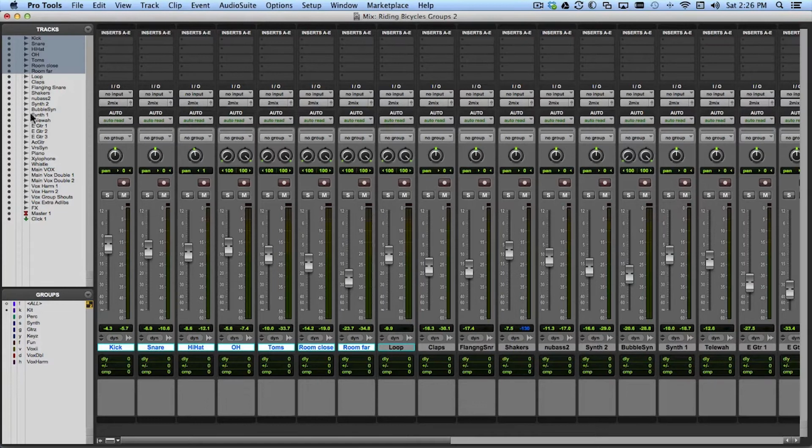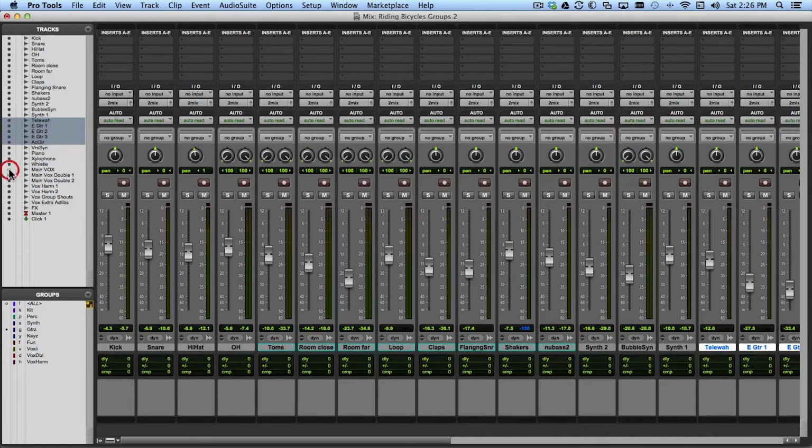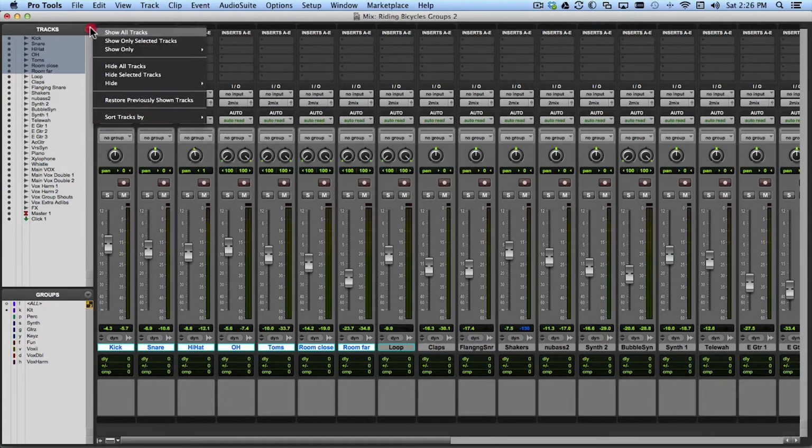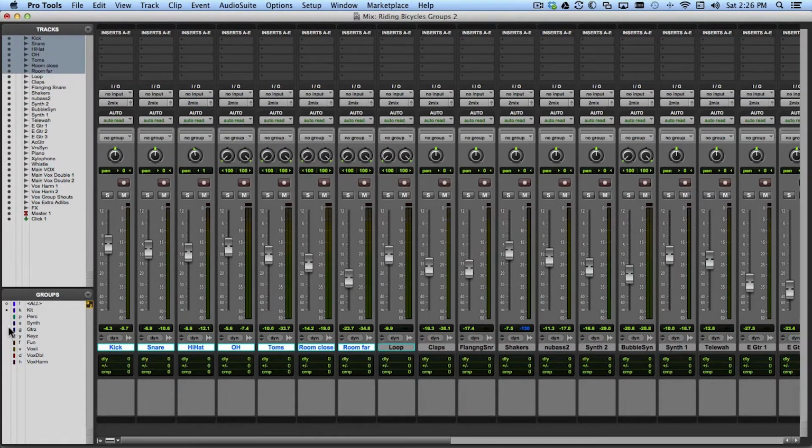If I wanted to see just the guitars for a second, I could select all of the guitar tracks and say let's see just the guitar tracks. Or I could hide, let's say, the kit tracks by selecting them all quickly and saying just hide the selected tracks. In fact, I can even go a little faster because in addition to clicking here to select the members